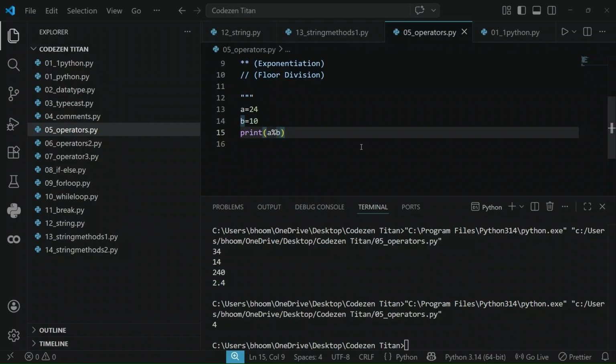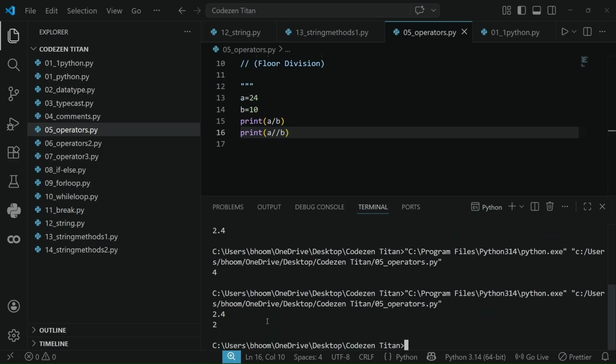Up next, let's understand the floor division operator. What floor division does is similar to division only. Floor division will divide the two numbers, but it will give us the whole number part of the output, not the decimal part. So let's see how it works. This is the division operator which does normal division, and now we will use floor division, that is two division symbols. And if we run this,